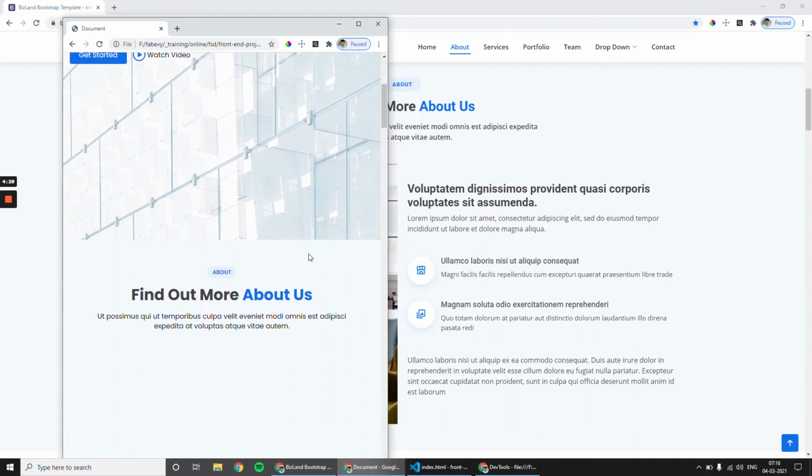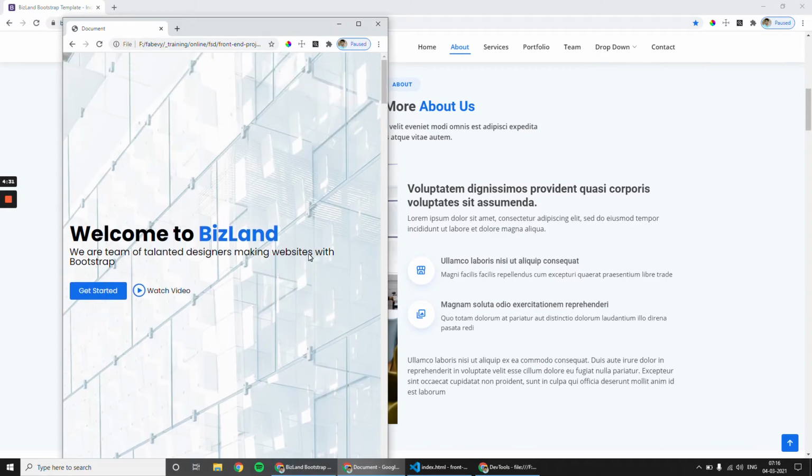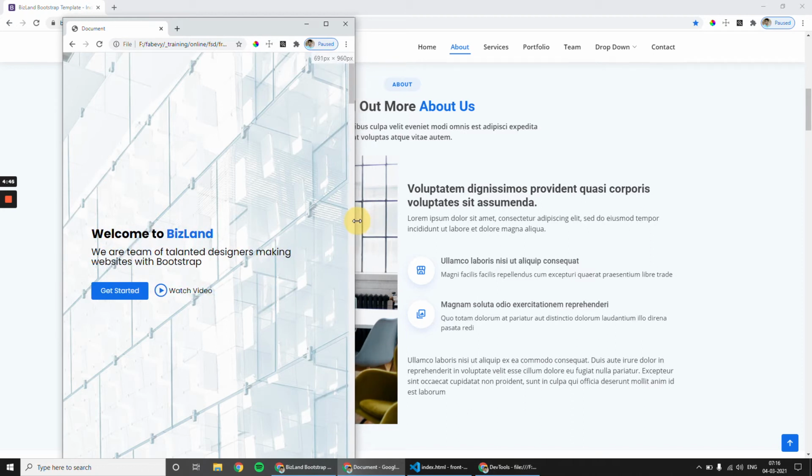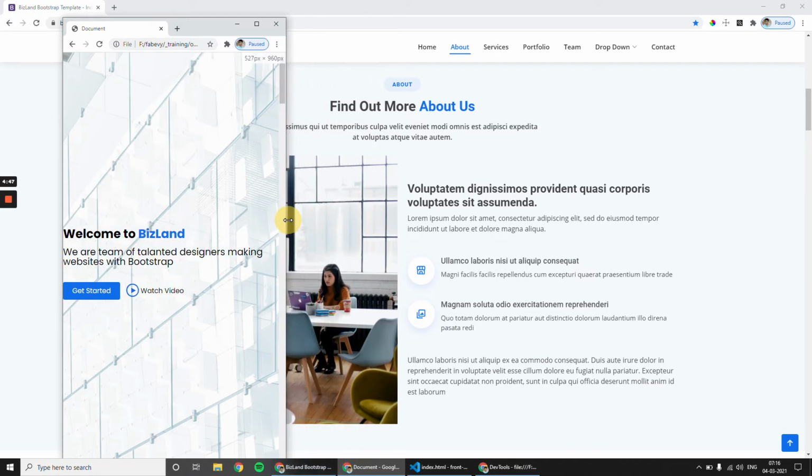This is the output that you will get on a device with a width of 768. And you can reduce it further, but there is one drawback with this method. The drawback is you cannot bring it below 500 pixels. You cannot test your web page with a dimension less than 500 pixels.